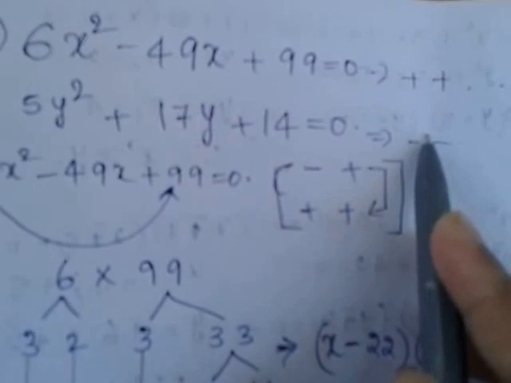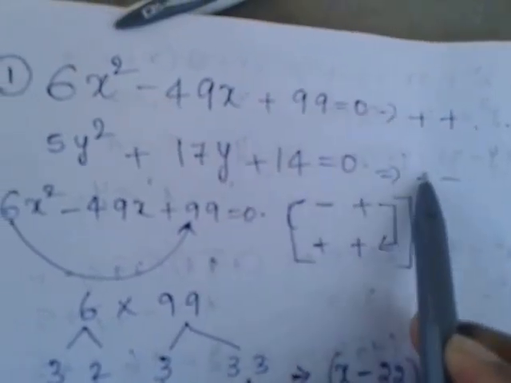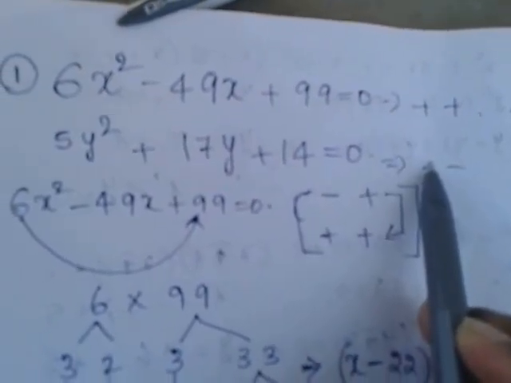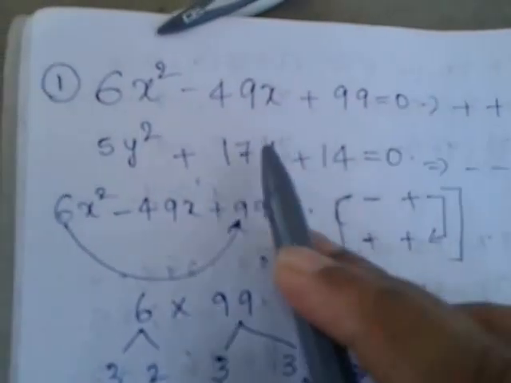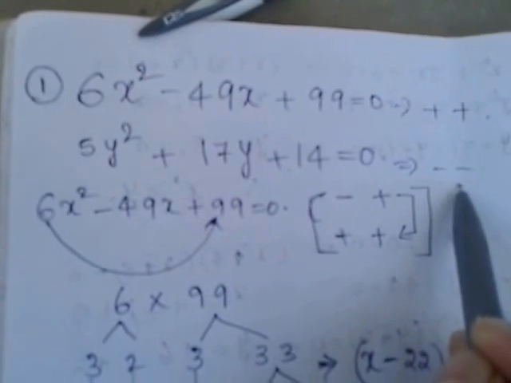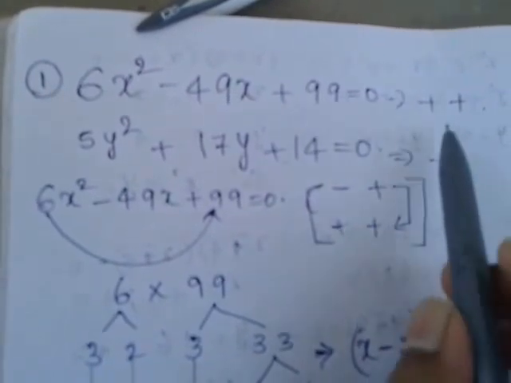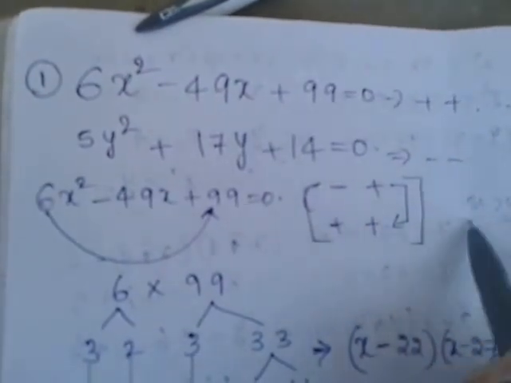By seeing this itself, within one step, within 1 second you can click the answer without even putting your pen on your paper. See, by seeing the question, minus and plus value, plus and plus value, minus. So you need not even compare, because plus is greater than minus, you know that. So easily here you can say x is greater than y.